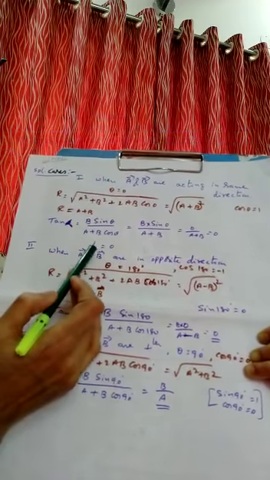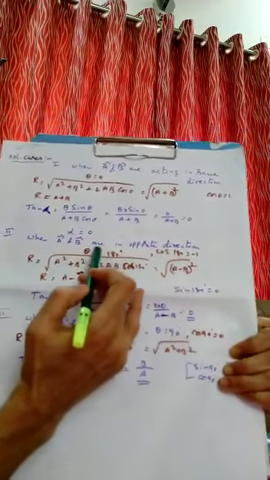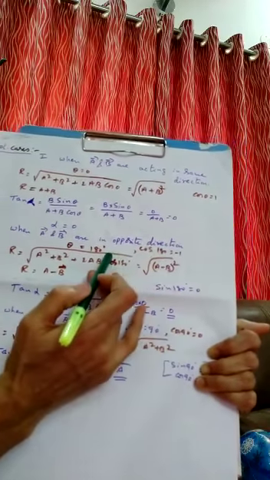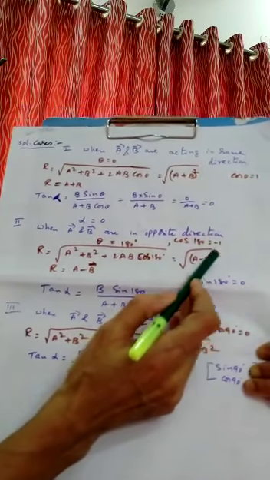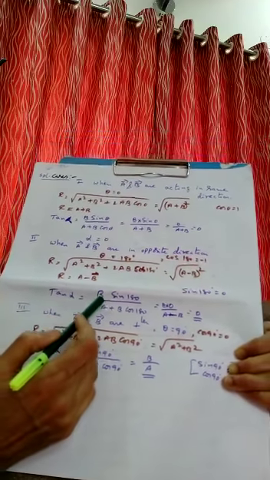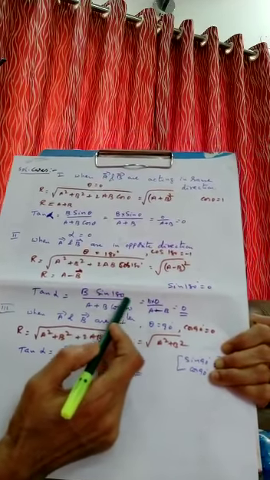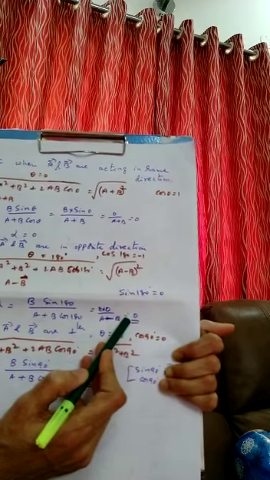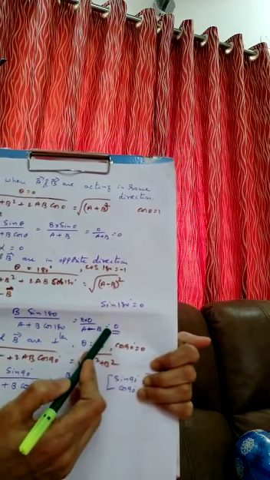Right? And the second case is when A and B are in opposite directions. When vectors are in opposite directions, theta is 180, cos 180 is minus 1. So we got the value of R as the square root of (A minus B) whole square, that is A minus B. So what is tan alpha? B sin 180 upon A plus B cos 180. What is the sin 180 answer? 0. So the value is 0. The resultant vector is along the same direction. So that is why the direction is 0 here.